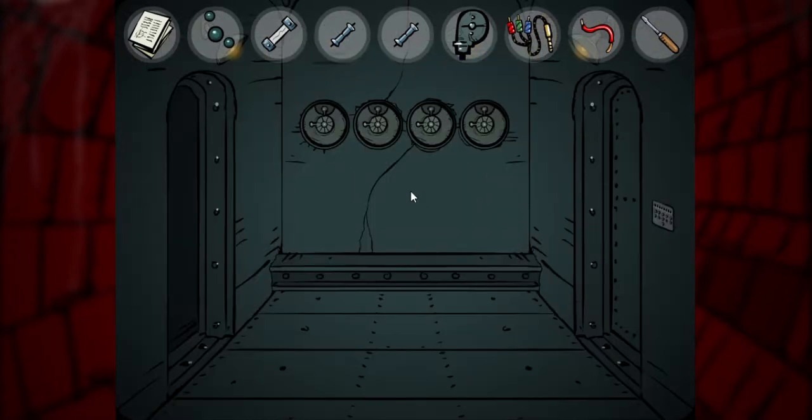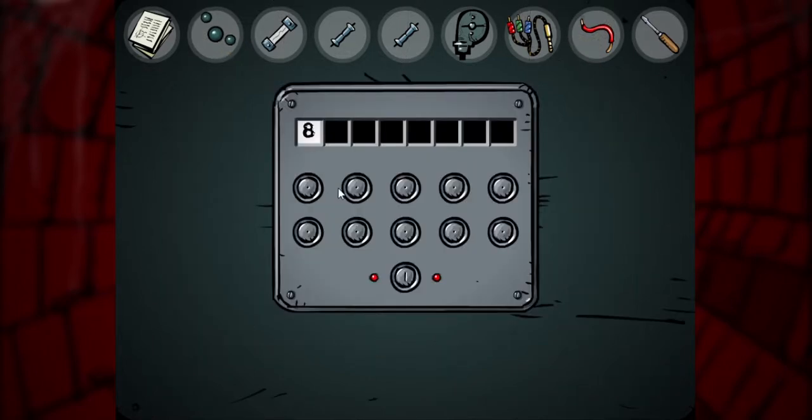Anyway, one more door here. Good. Huh. Some kind of mechanism, obviously, but... And we have a keypad. Now, this is what we're gonna need a code for, but...